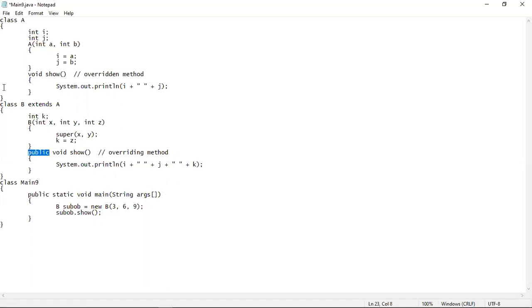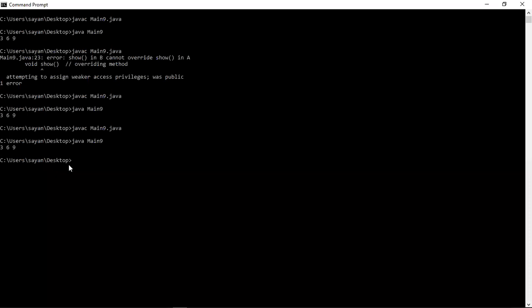Now if you compile and execute the program, it will execute successfully. See here, I have compiled and executed the program again, and it's executing successfully and giving you the output.